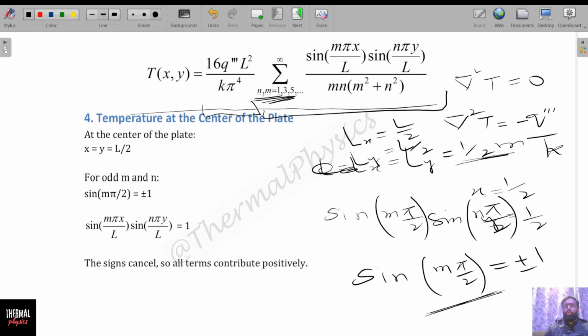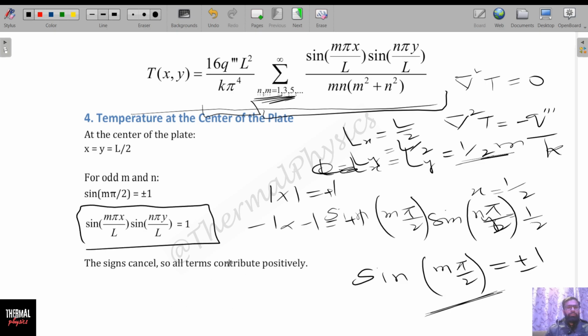So there are two signs in the multiplication. When both are 1, the multiplication will be 1. When both are minus 1, the multiplication will again be plus 1. So we know the numerator is always 1. That's why I have written this here. So the numerator is always 1. Now the denominator, what we are left with here is